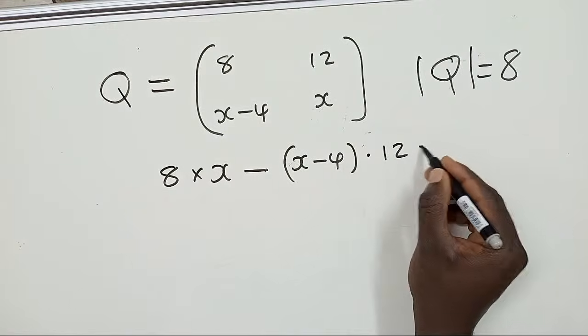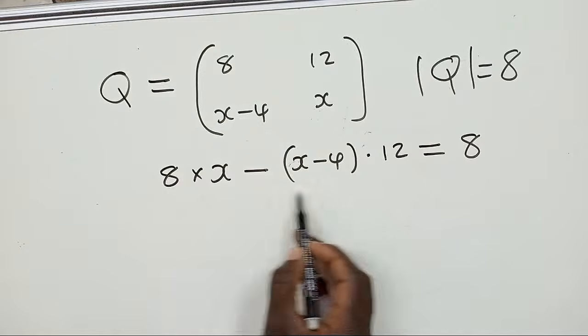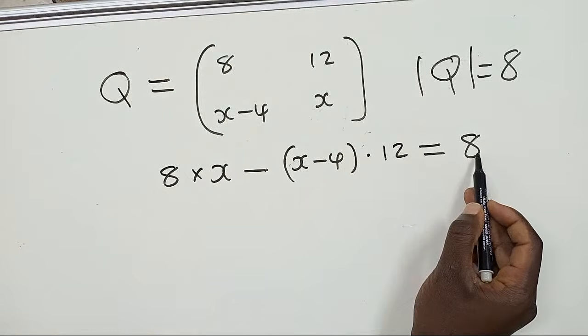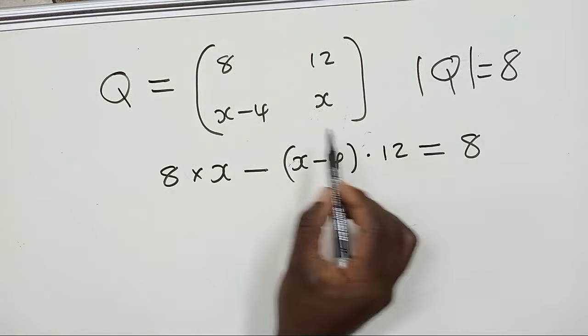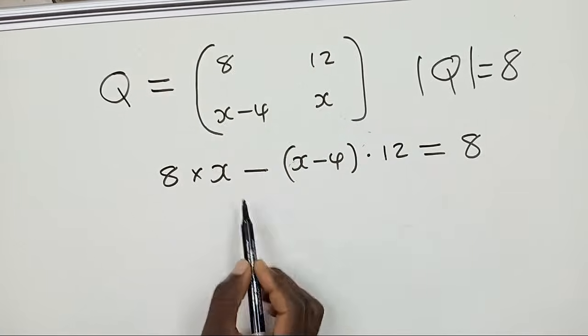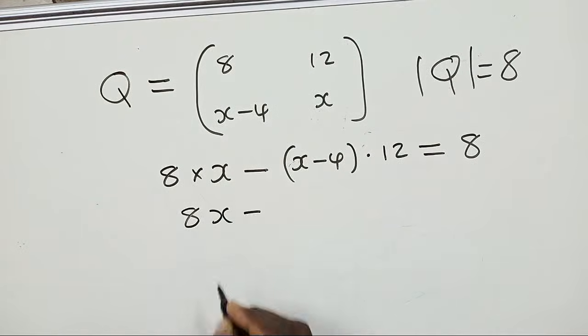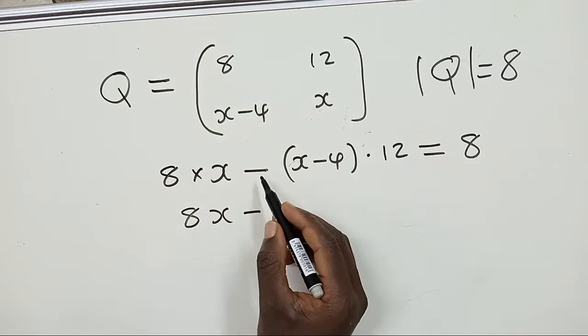So 12 is equal to 8, okay? This is the process of finding the determinant, which is equal to 8. I've just multiplied this times this minus this times that. This is what I've just done. So I have 8x minus, before you do anything,